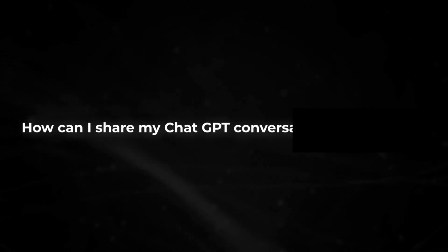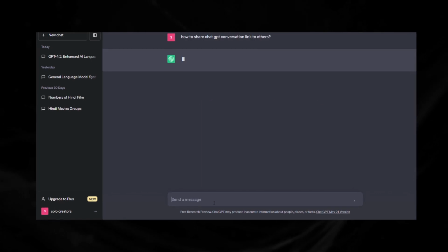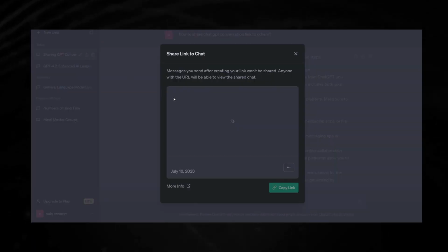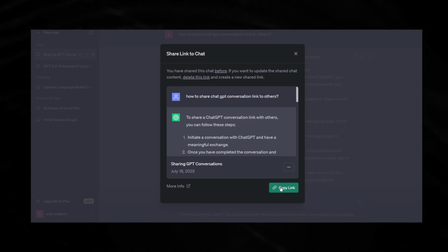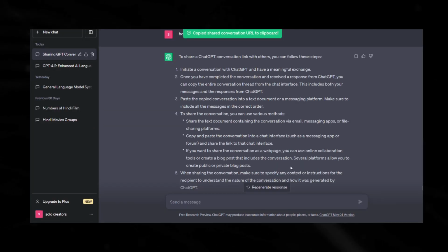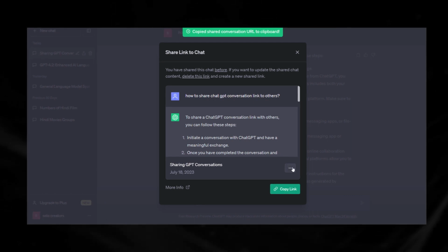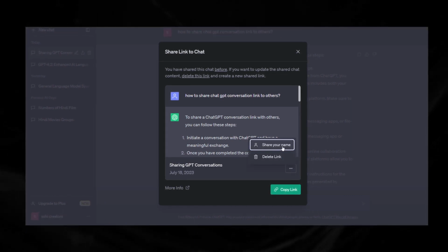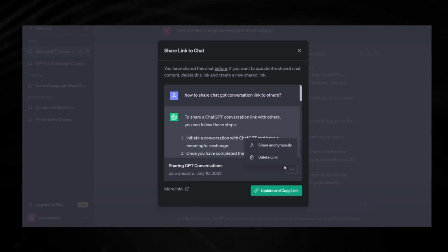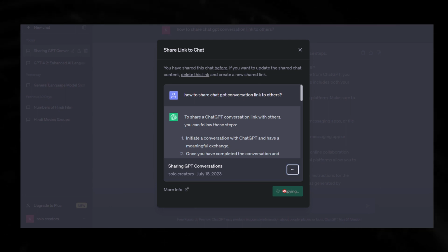How can I share my ChatGPT conversations with others? It is quite simple to create links to ChatGPT chats. Simply hover your mouse over the discussion name on the left side of the screen and click the share button that appears. A new window containing the chat you wish to share will now open. The copy link button at the bottom will copy the produced URL to your clipboard. Users may also name the discussion and add their name before sharing by tapping the three-dot button on the right side. If you wish to remove the URL from the shared chat, just hit the three-dot menu after copying the link, and you'll have the option to do so.